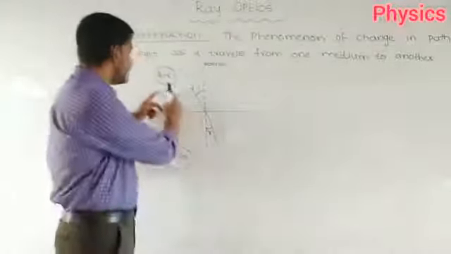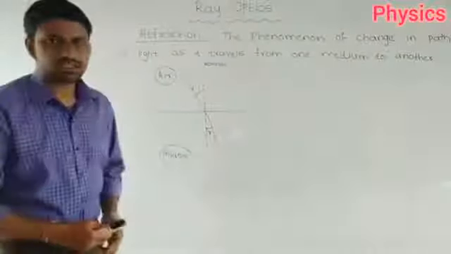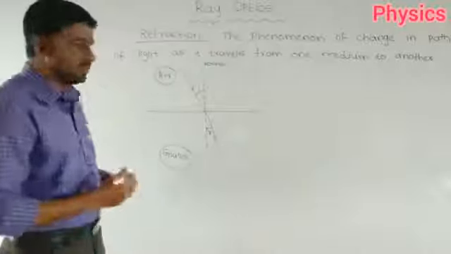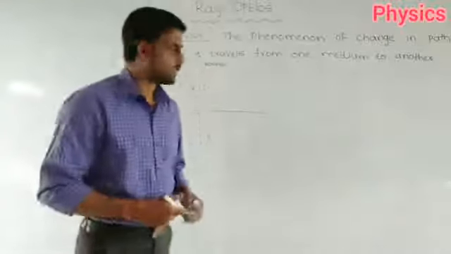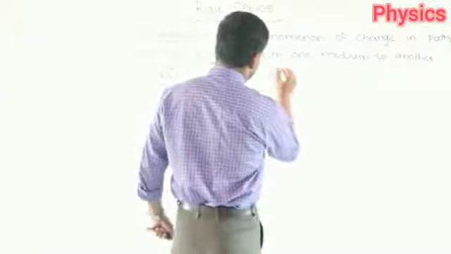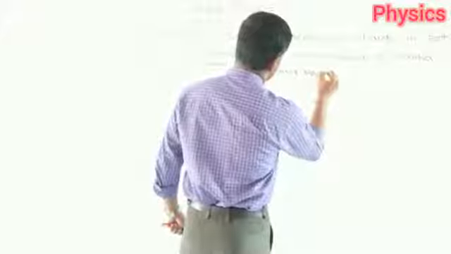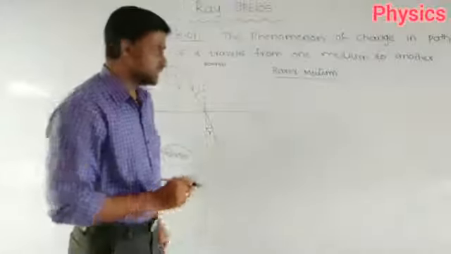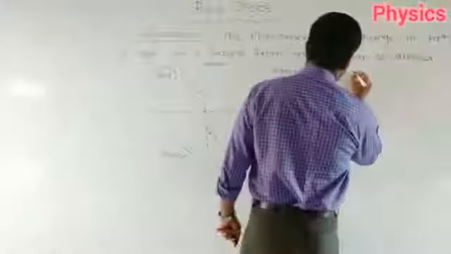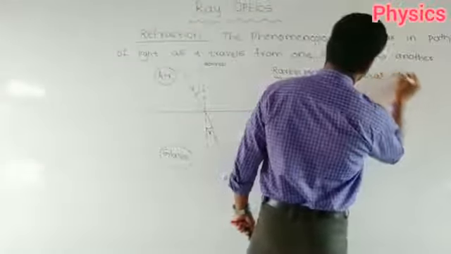Now, if you observe here, there are two mediums I am going to take. Here, air medium is considered a rarer medium and glass medium is considered a denser medium. Then what do you mean by rarer and denser medium? Air medium here I am taking as a rarer medium. Rarer medium means it is the optical medium